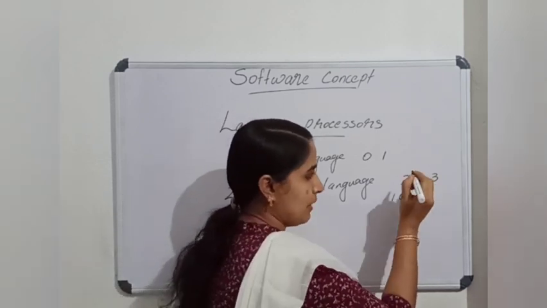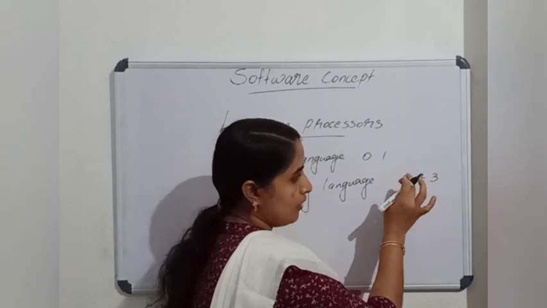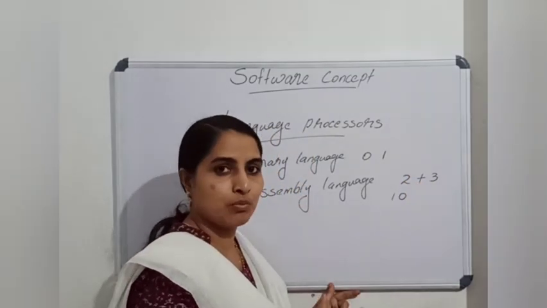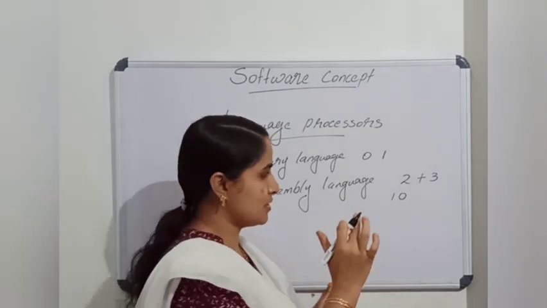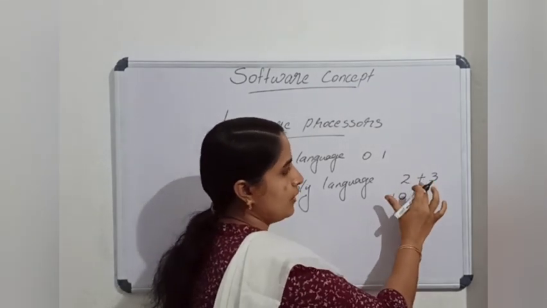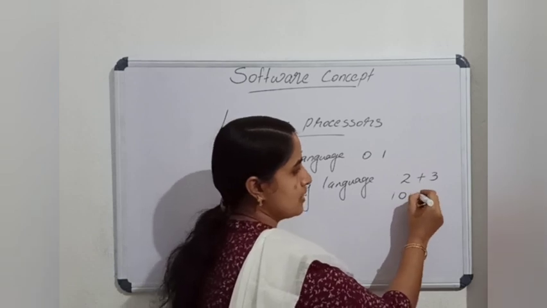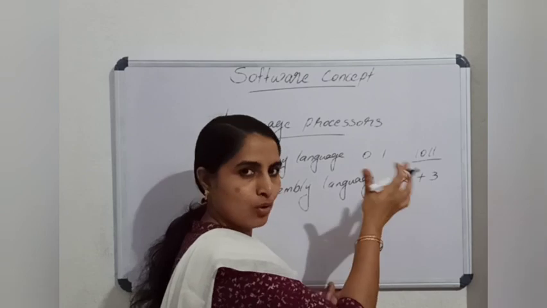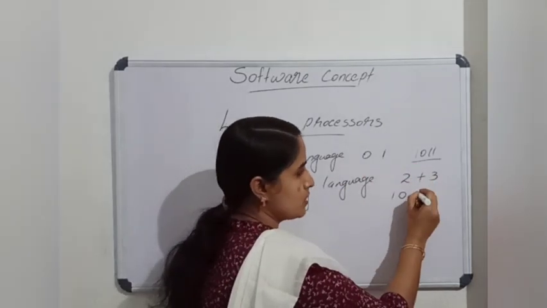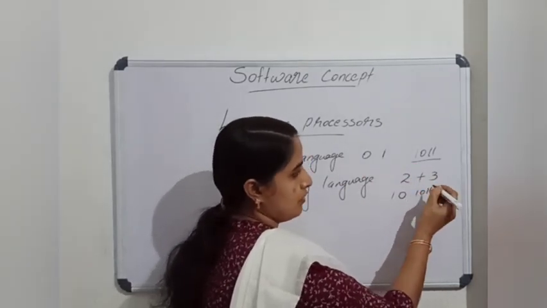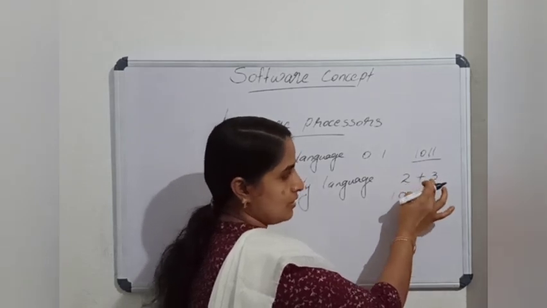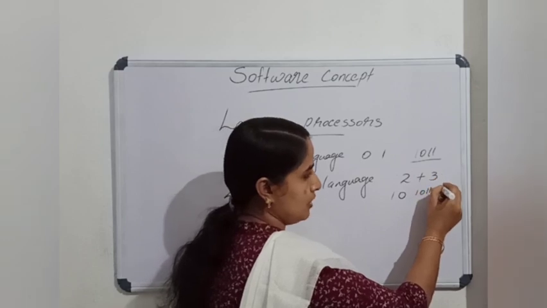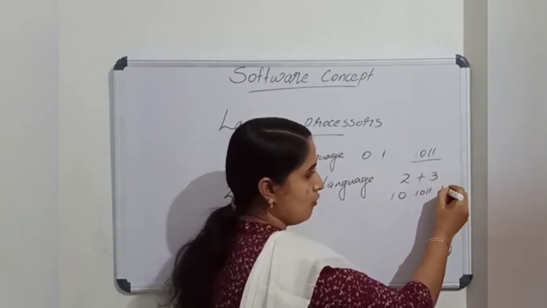And next is the plus symbol. For every operation, the computer internally uses some sequence of code. We can assume the binary code of plus is 1011. That may or may not vary according to the system. So here I am using 1011. And the next is 3. The binary number corresponding to the decimal number 3 is 11.